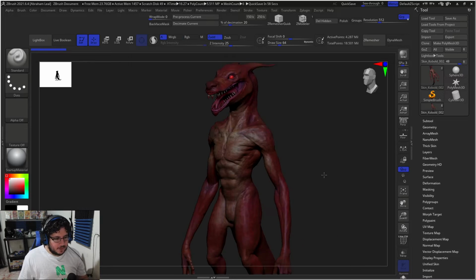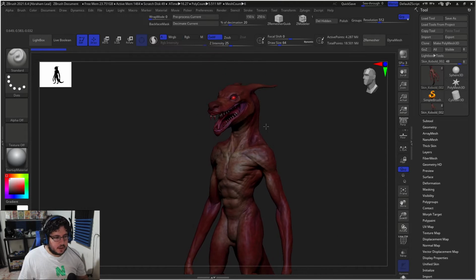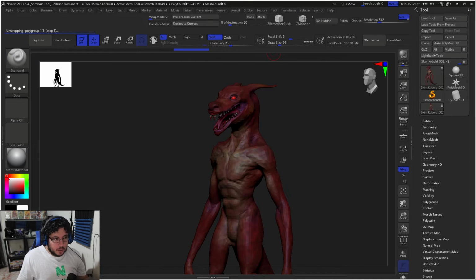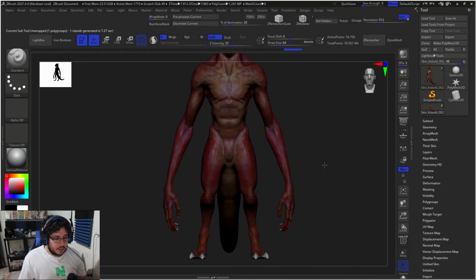Okay, so the software did crash, so I'm just gonna go back here. I'm just gonna do this guy first. So I'm gonna go all the way down to the character, go in ZPlugin, say UV Master, and we're gonna say Unwrap, and I'm just unwrapping this guy right now. I think it crashed with the nails. Maybe there's some bad topology or something, because those were Dynamesh, and maybe there's an n-gon, and that